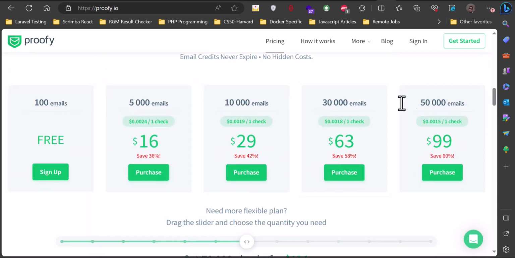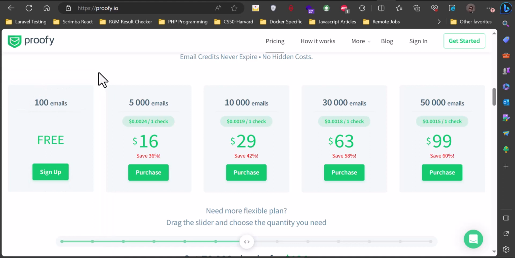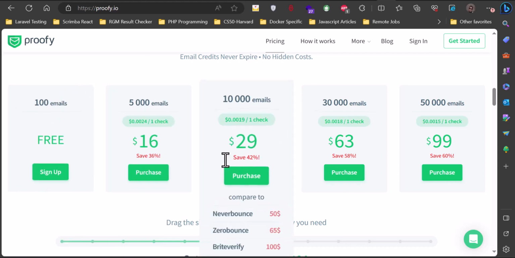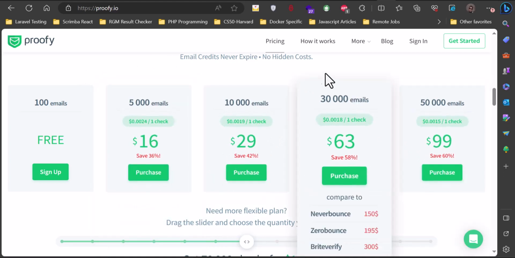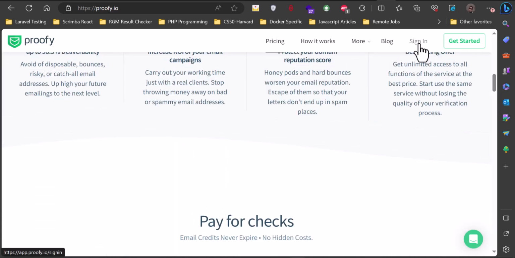Now I need to mention that these guys offer 100 emails for their free account. So once you sign up with Prosify.io, you have the opportunity to verify about 100 emails, and if you need to verify more, you can either purchase any of their plans here, or you can actually follow the simple procedure that they have, which I'm going to show you, in order to get free credits that you can use to verify more email addresses. So let's just go ahead and click on the sign in button to get started on